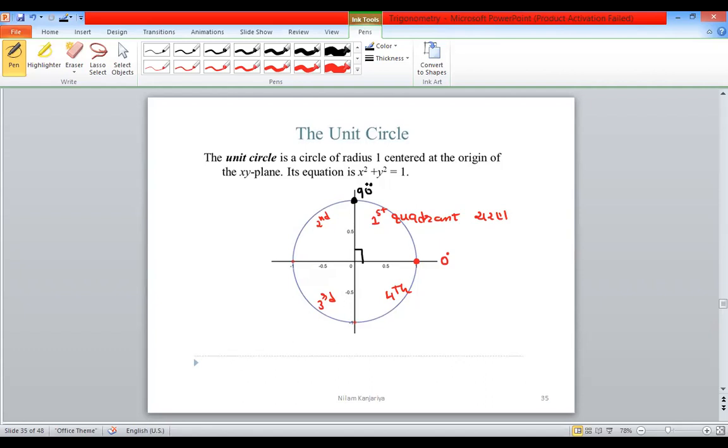It makes a right angle, right angle everywhere. They are the perpendicular lines. So first of all, I'm on 0 degree. I'm moving from here 90. Again, I'm moving and reach here. So how much distance did I cover? Again 90 degrees, it's 180. Then again I'm moving another 90, and this is the 270 degree.